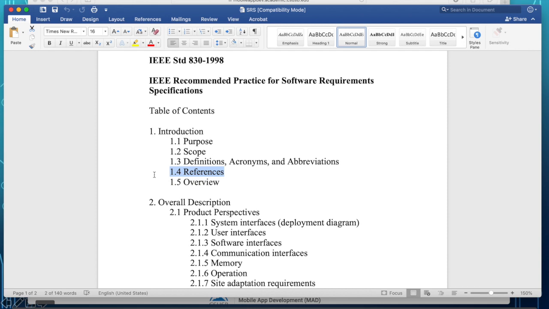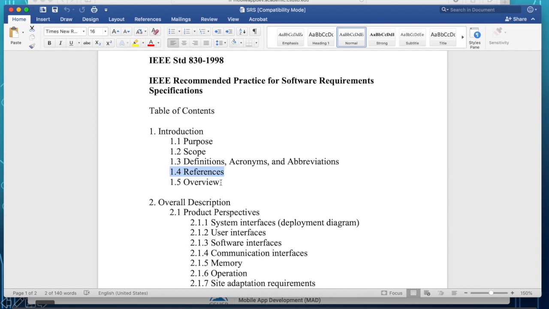References are the list of documents that you use in writing this software requirement specification. So this includes previous SRS that you have used for writing this SRS, and other information or references that you have used. Like, for instance, you may refer to the IEEE standard, which you use as the format of this documentation.